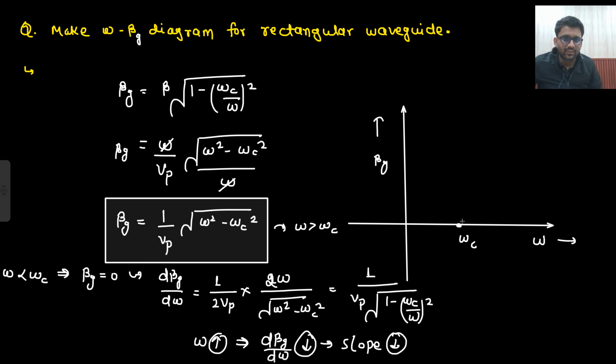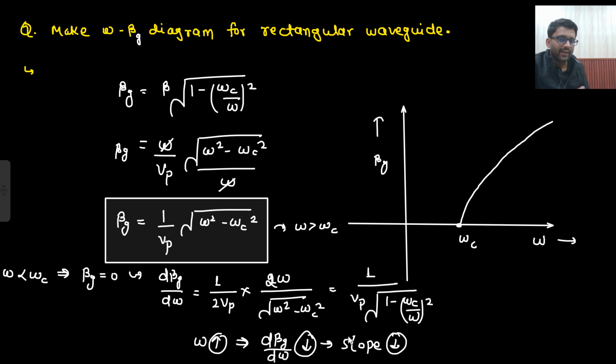Note the complete curvature. This is how I should make the graph. Okay, so this is the graph between beta g and omega. Did you understand the point? This was a good question about the nature of the graph. So nature of the graph you will always understand by taking the slope,